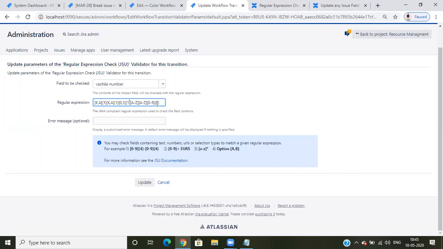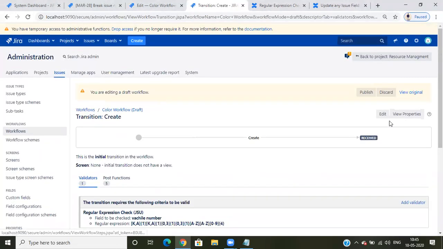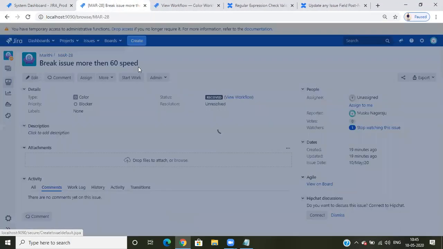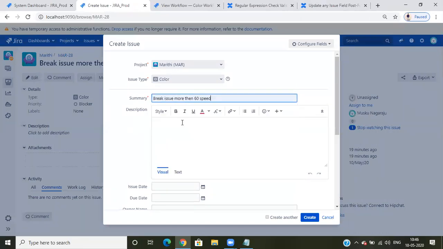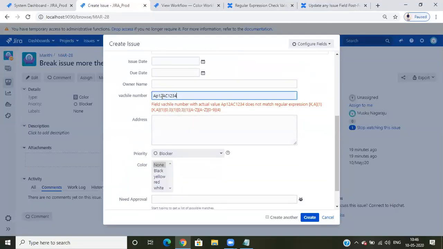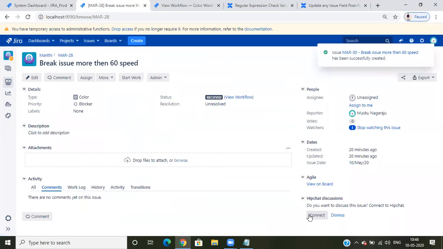One letter. Copy. Paste. So if I take this one, it should not accept. If I select this, it should be accepted now. Yes.